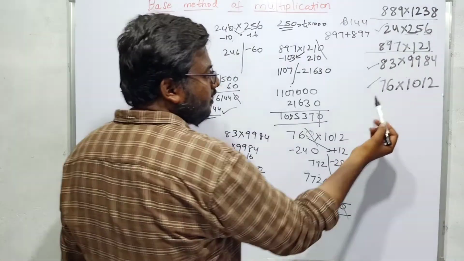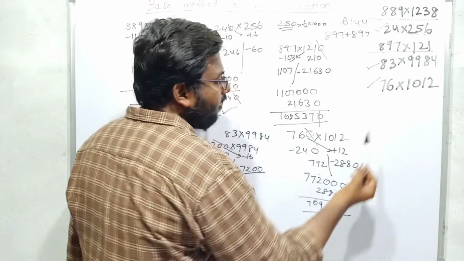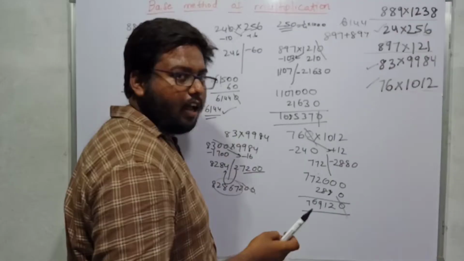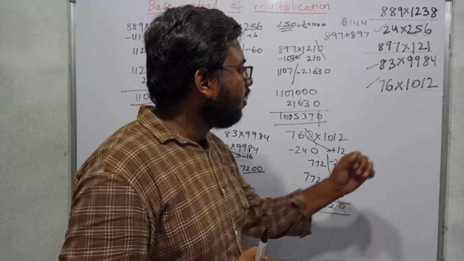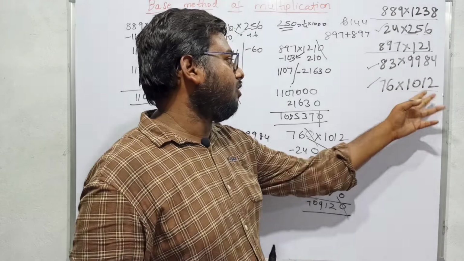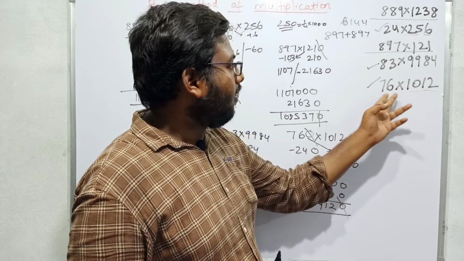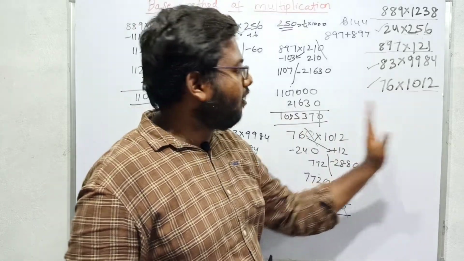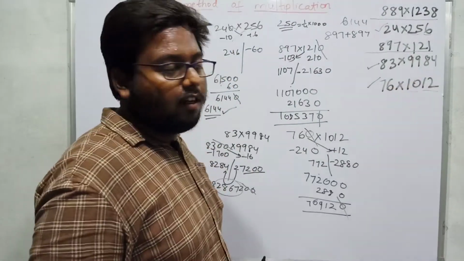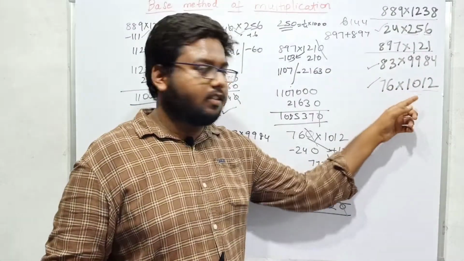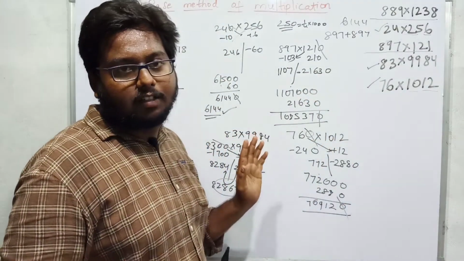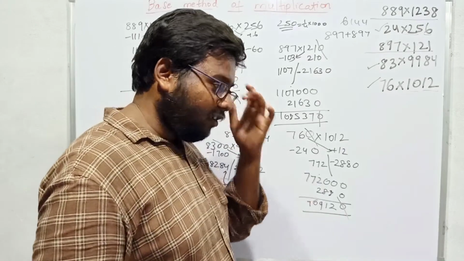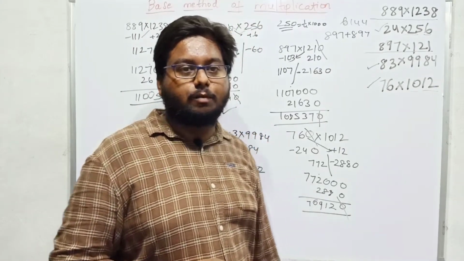If I have to calculate 76 into 1012, I will calculate 76 into 12. I will group like this. 76 into 12, I can calculate that as 12 into 76 also. How can we calculate 12 into 76? 7 sevens are 84 plus 12 sixes are 72. No, 84 plus 7 is 91 beside 2. 912 as it is. And 76, 912. Why am I writing this? Because here 0 is there. 76 into 1 is 76. 76912 is the result.